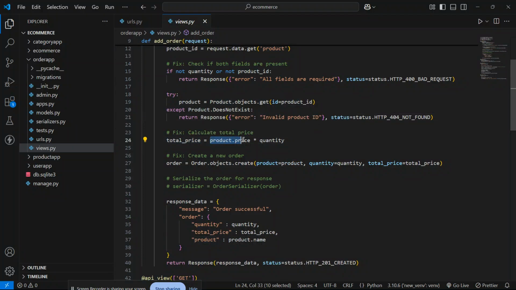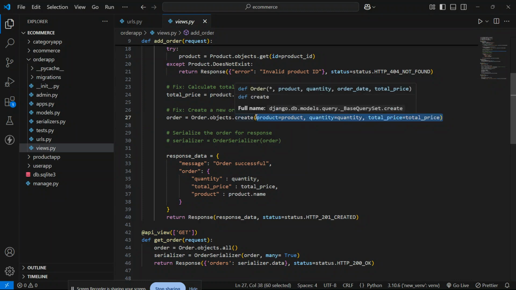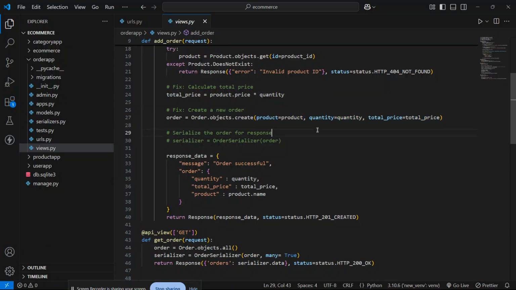After that it will check the order price, the total price of the order, with the help of product price multiplying with the quantity. After that, with the use of the module and this ORM, I am creating my new order.